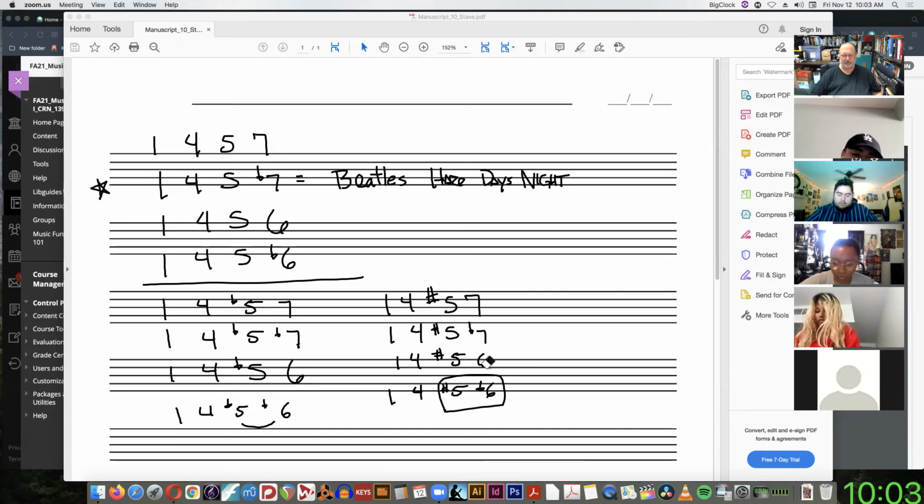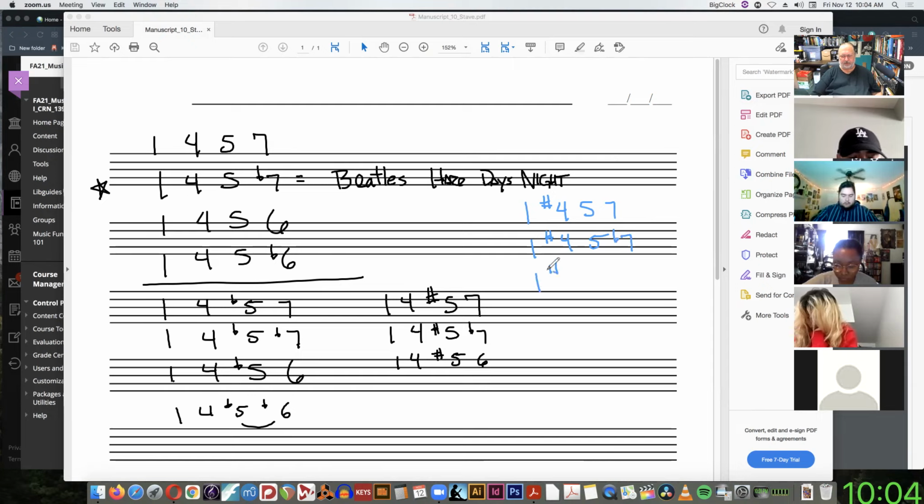Alrighty. Okay. So what else can we do? 1, 4, 5, 7, 1, 4, flat 5, 7, 1, 4, sharp 5, 7. Well, if you want to push it, we can do this. We can go 1, sharp 4, 5, 7, 1, sharp 4, 5, flat 7,